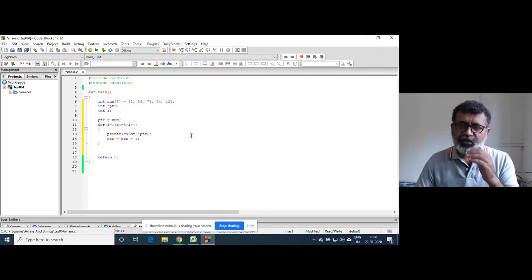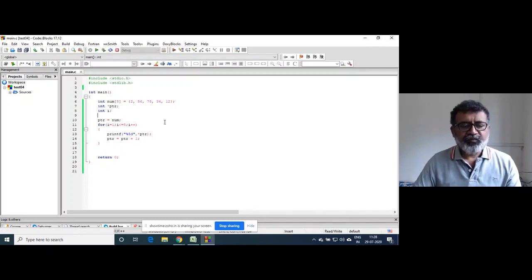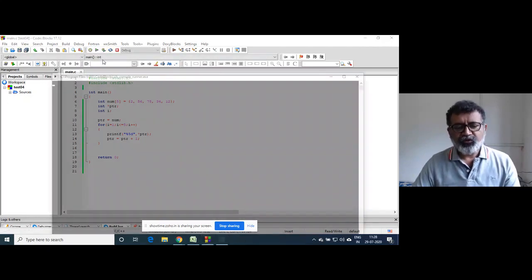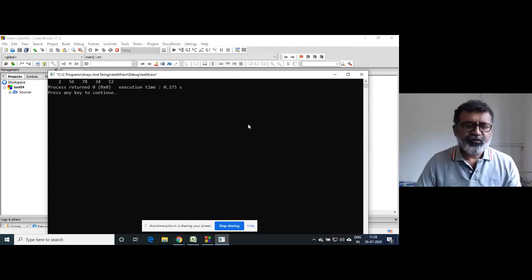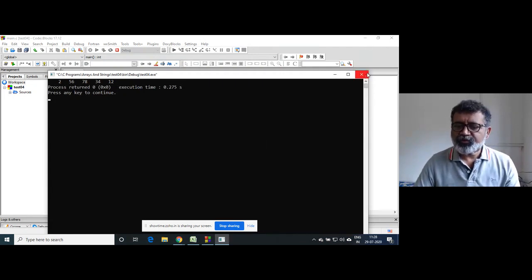Why? Because the address of the first element is stored in the name of an array. By whom? By the compiler. Now the compiler does it for its own use, that we will see, why it does so. So if you compile this program and run this, you will get the same output, right? Like earlier.